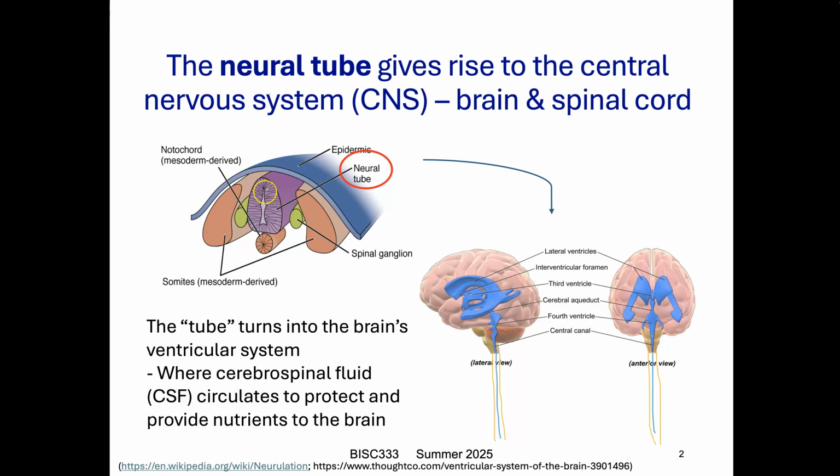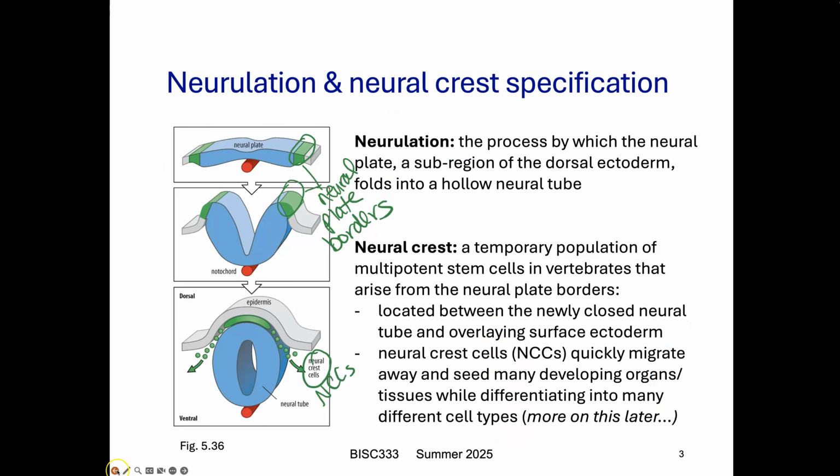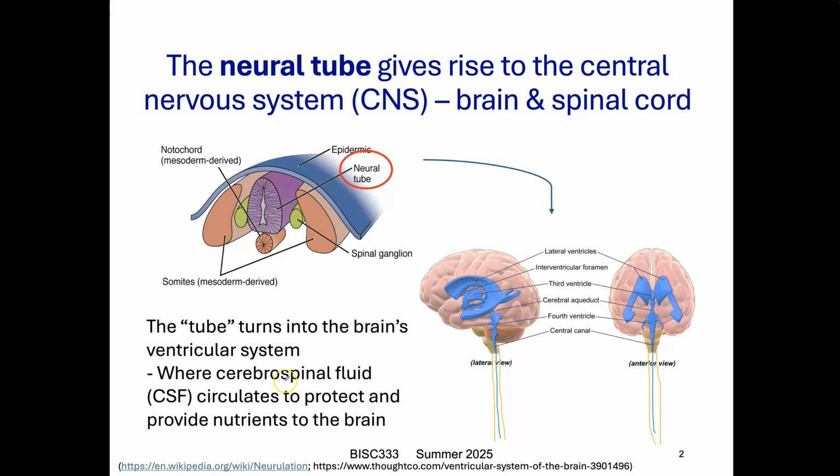So the neural tube is going to give rise to the central nervous system, and that means the brain and the spinal cord, but not the peripheral nervous system. The peripheral nervous system is neurons that emanate from either the brain or the spinal cord to innervate your muscles and sense organs and that sort of thing. So the CNS is just the brain and spinal cord, and it is all formed from a very simple tube, but the tube at the anterior end is elaborated greatly, and we'll spend a little bit more time talking about that elaboration into a much larger